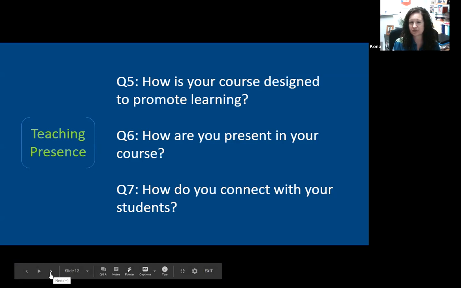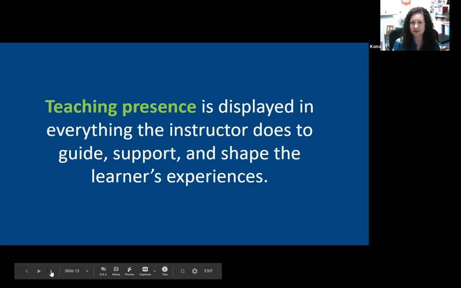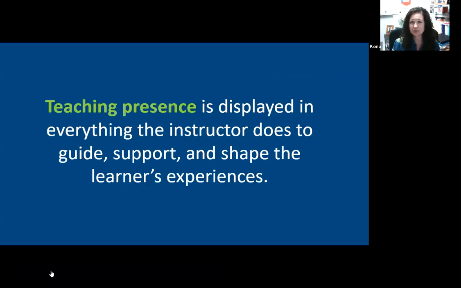How do you make that connection that they're a human and we're all human, and what can we do for you? But the teaching presence is just displayed in everything the instructor does to guide, support, and shape the learner's experience. So this is you. That's the main piece. All of the other stuff plays into that, but it's all about you.